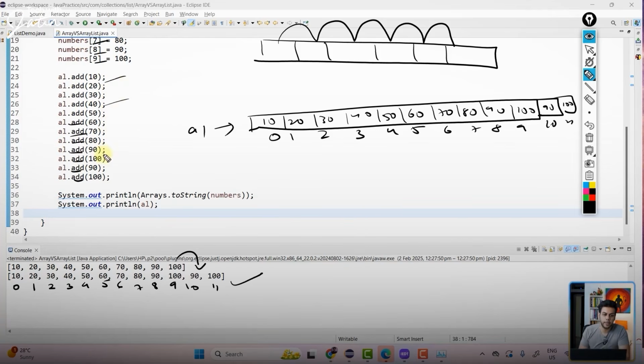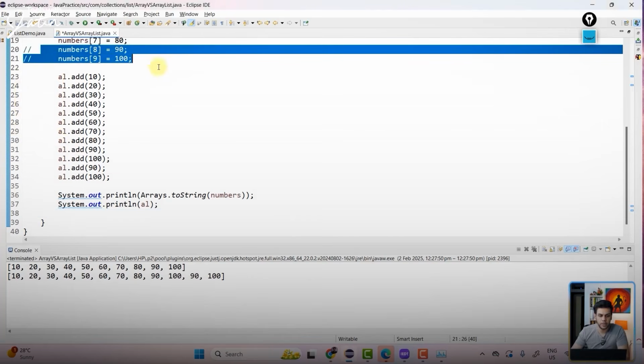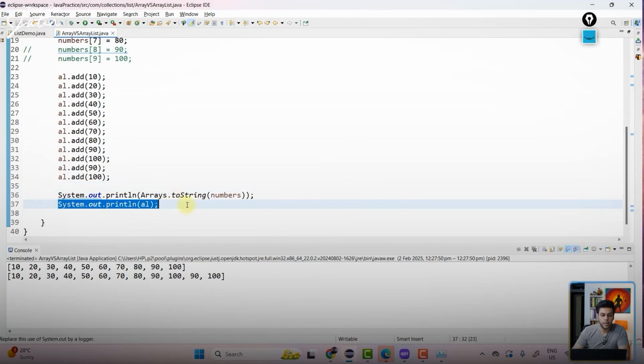I'm just saying keep on adding. Is this part clear to everyone? Now, in order to retrieve the records also, let me just comment this particular stuff for you guys. Even for retrieving the records, it's pretty simple. I can just say